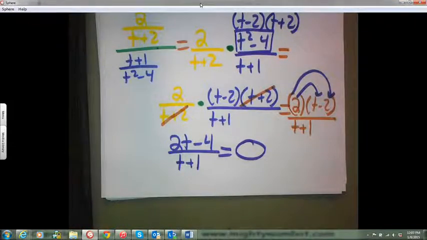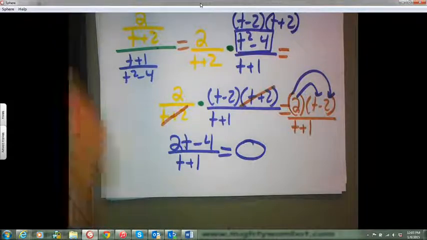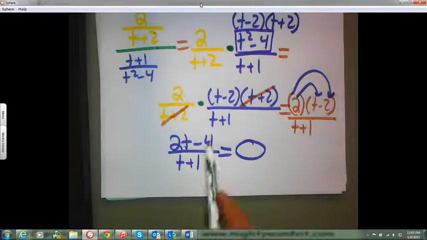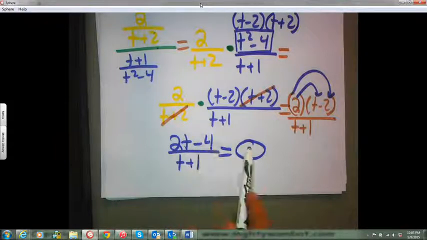Well, if you want a fraction to equal 0, then what has to be true? The numerator must be 0. Don't care about the denominator. Remember, you don't want the denominator to be 0. If the denominator is 0, the fraction is undefined. We want the numerator to equal 0. So we want 2t minus 4 to equal 0, so we want t to equal